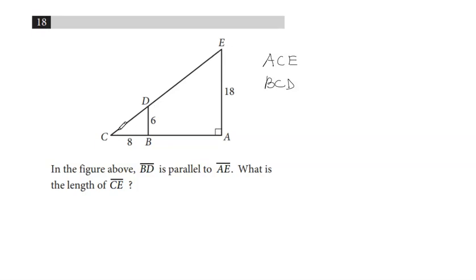So they share this angle at C, right? They have perpendicular angles, 90-degree angles. So the remaining angles are the same. So this little angle here is the same as this little angle here, right? And with similar triangles,